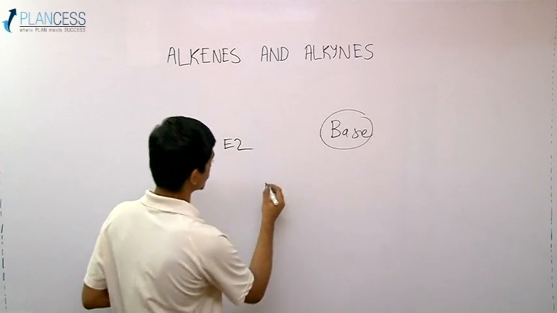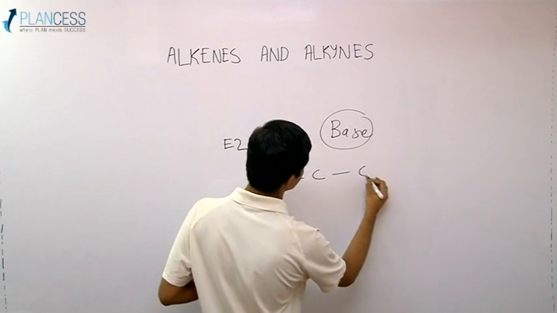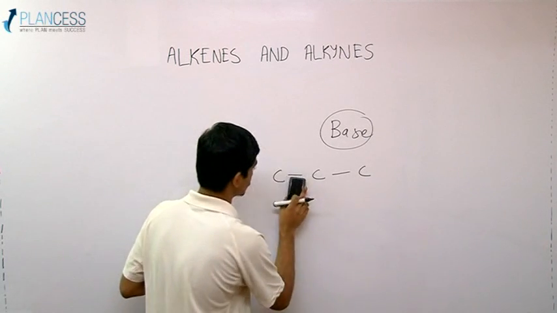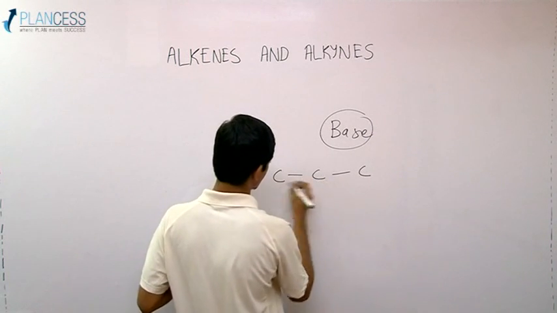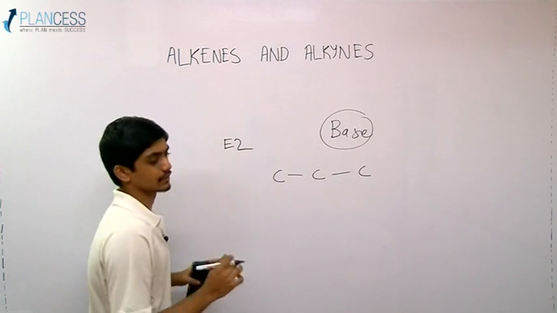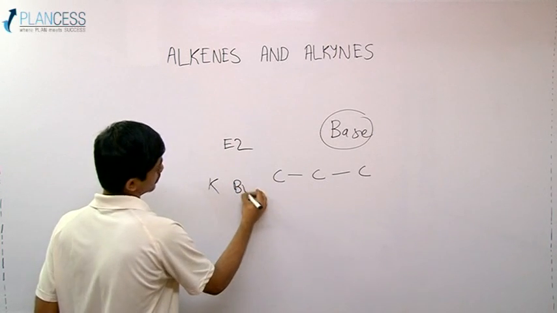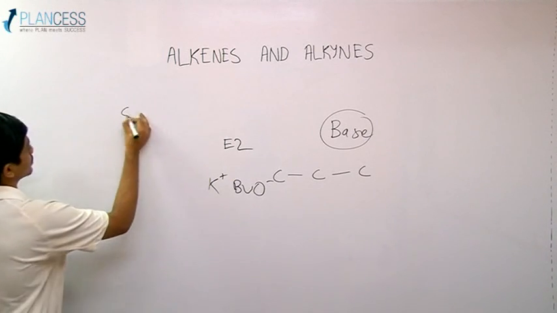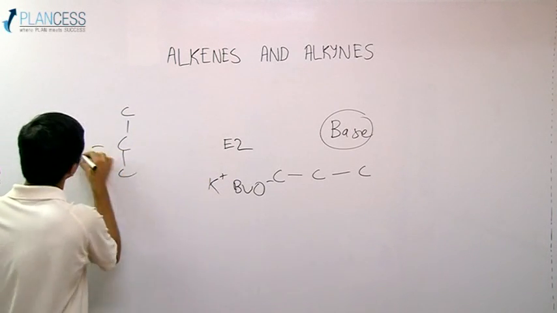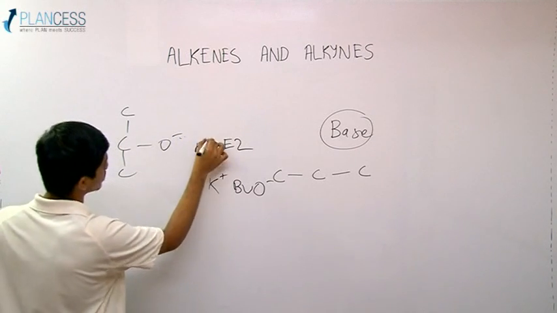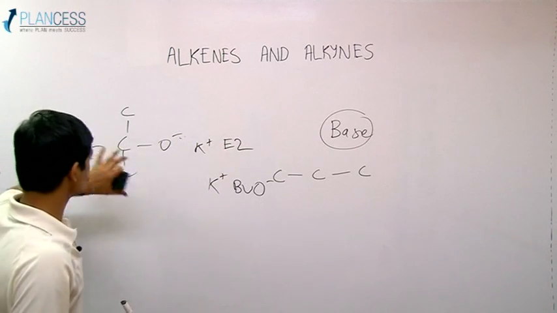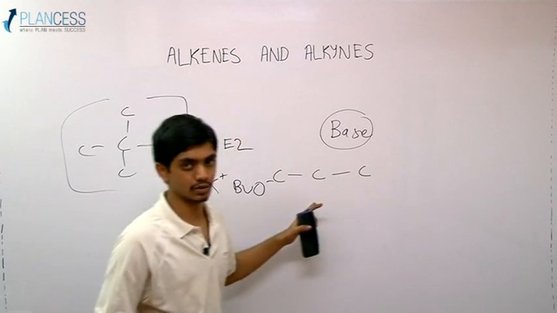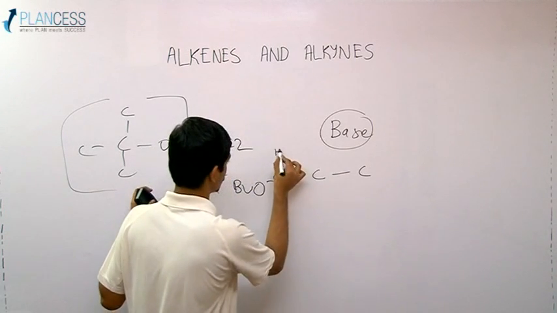That is, if we have some alkene, suppose bromine over here, if the base is really bulky, if you take suppose potassium butoxide, which is this O minus, and we have K plus like this. So this base is literally very bulky, and if this is abstracting a proton, for example this proton,